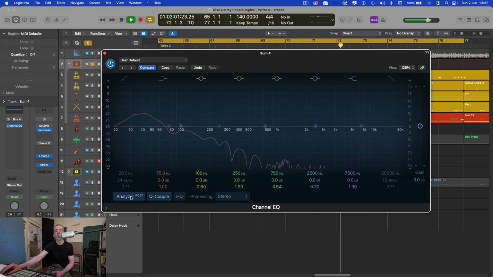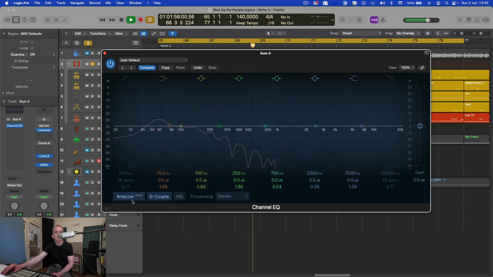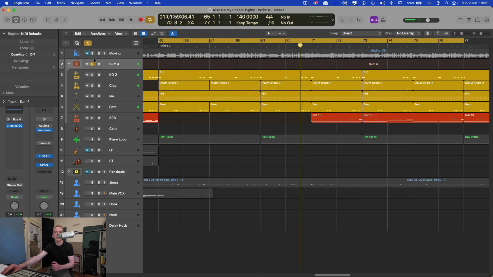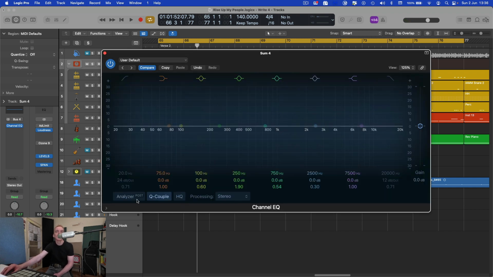Having the analyzer on is an excellent tool for visualizing the frequency content, but it can be quite CPU intensive, especially in Logic Pro X. So what I like to do is, once I've done my adjustments within the EQ and I've used my analyzer, I'll then turn it off. Because what you don't want is to be working on a mix and then having loads of instances of the EQ running at the same time, which they will be, but having the analyzer on at the same time will